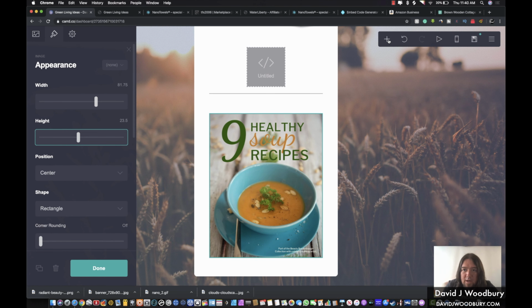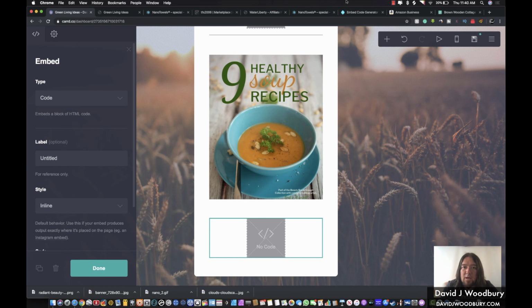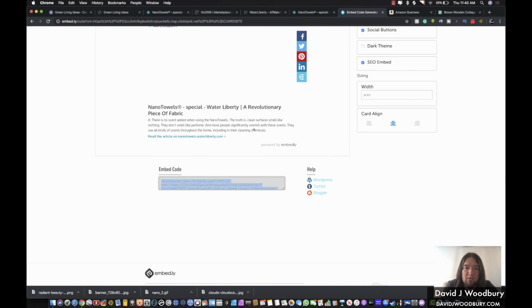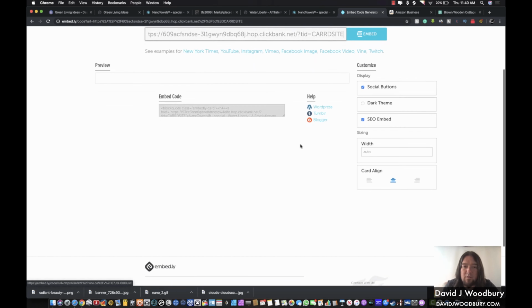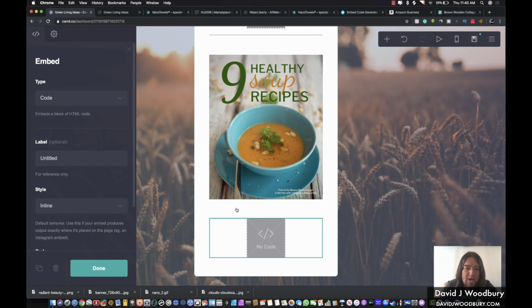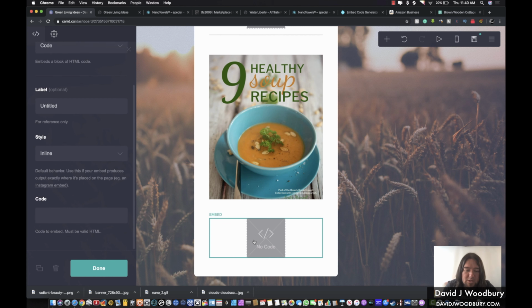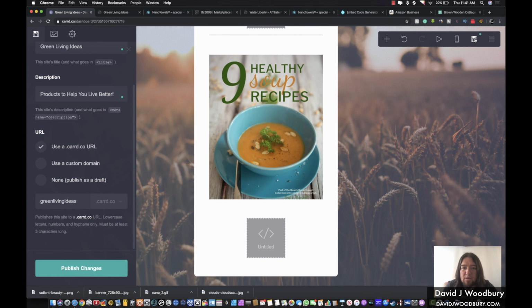and now I'm going to go ahead and add embed code below again, and then we'll see if anything comes up for this embed. Yeah, so this pops up. So now I can just grab this information here, go ahead and copy that, and then make sure this is selected, just paste our code there, click done, and then we can